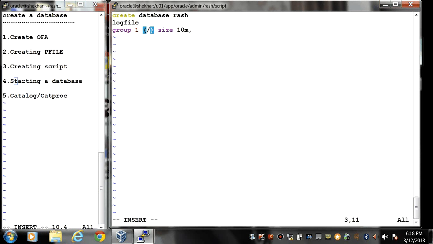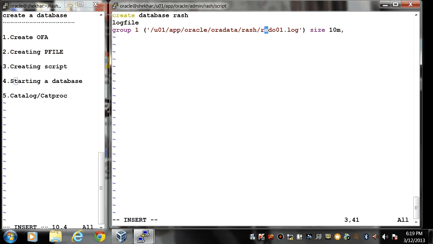So here I need to pass the name and location of group 1, that is u01/app/oracle/oradata/rash and redo01.log. This will be written inside the single quotes. So my first group is created.